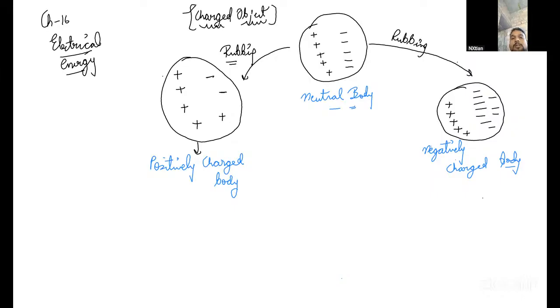Okay, and we'll stop our class. What's the next class topic? The next topic is Coulomb's law, which is